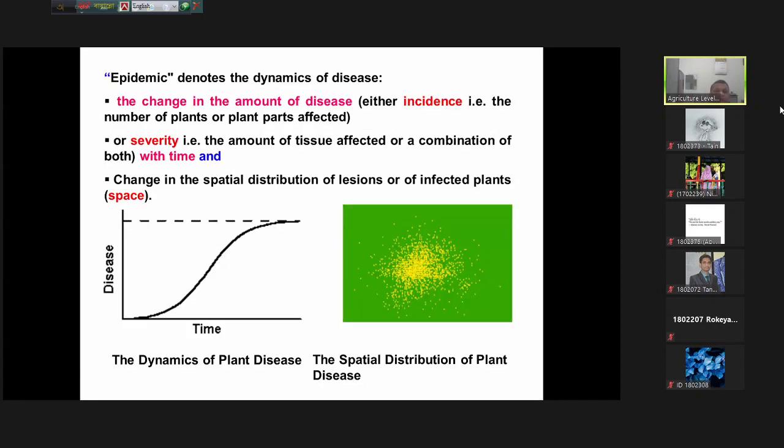You see the elaboration of the term dynamic of disease. You see, the dynamic of disease we can explain by two ways: the change in the amount of disease, that means how many plants infected over the total population, or the amount of tissue affected, or a combination of both within a short time. এটাকে আমরা epidemiology বলি।